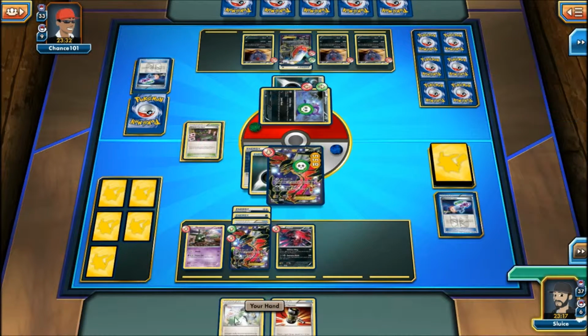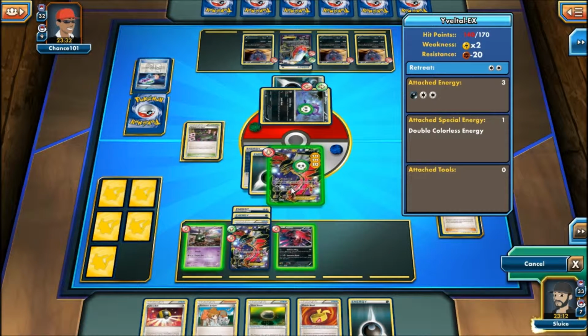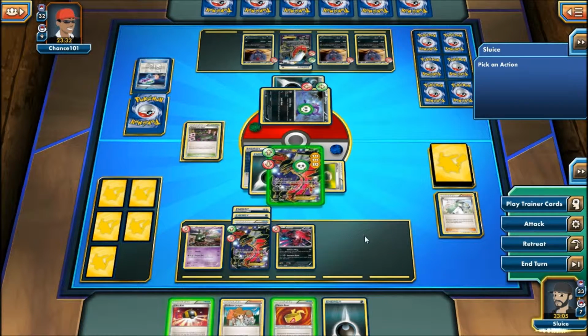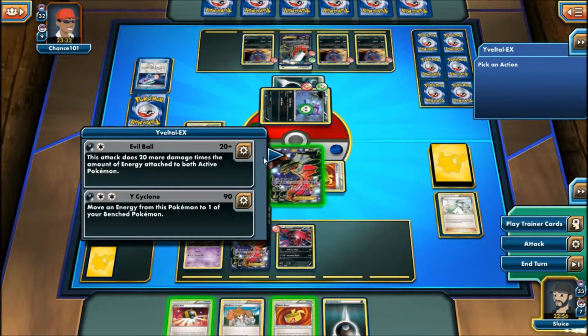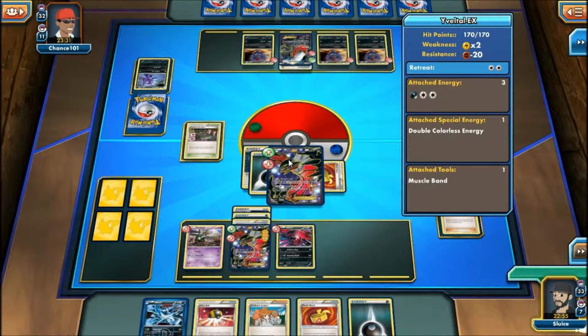I might actually, and I'm going to end here, which could have been a little bit of a mistake, but we did manage to get the Floatstone. I might as well just attach that there, and then we could... what should I do here? We could retreat into the Yveltal just so we don't take any poison damage there, because I don't like poison damage. And we're just gonna knock out this Sableye this turn, take another prize,